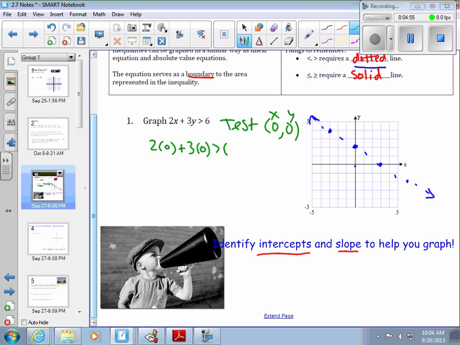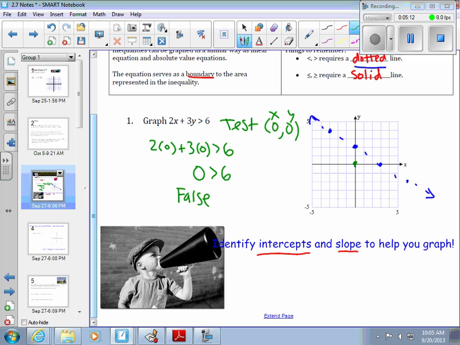The reason 0, 0 is nice is anything times 0 is 0. So we got 0 plus 0, which is 0, greater than 6. Is that true or false? Is 0 greater than 6? That is false. So this point, 0, 0, came out to be a false point, which means it's not a